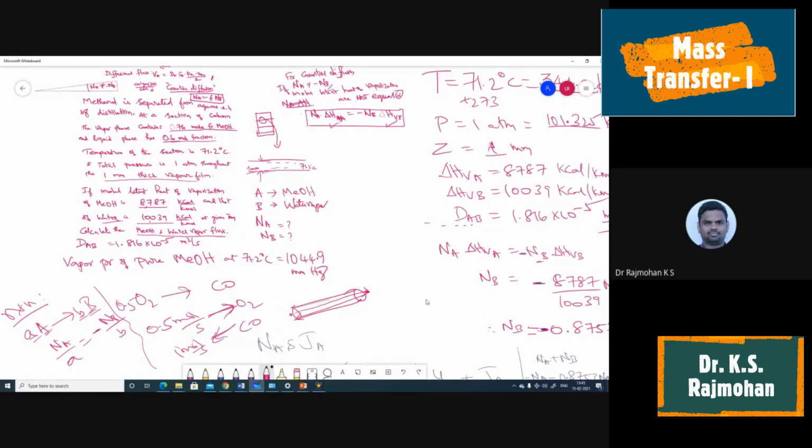But actually, in a catalyst, that's what we are going to discuss in the next class. Inside the catalyst, we don't know what path it undergoes, right? We consider it to be going somewhere like this. But whatever may be the path, the amounts going in opposite directions are not equal because of the difference in the number of moles in the reaction.